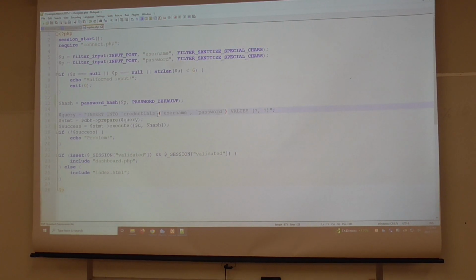Now, let's use that hash on the other side for verification during the login script, right? The login script is currently broken, right?